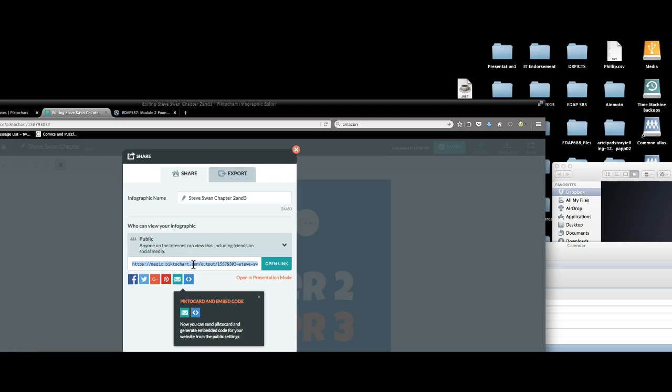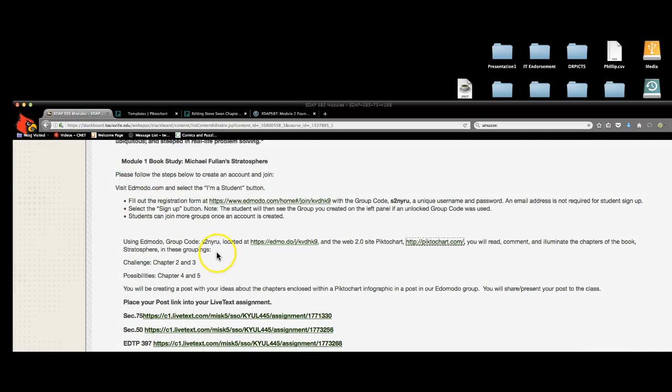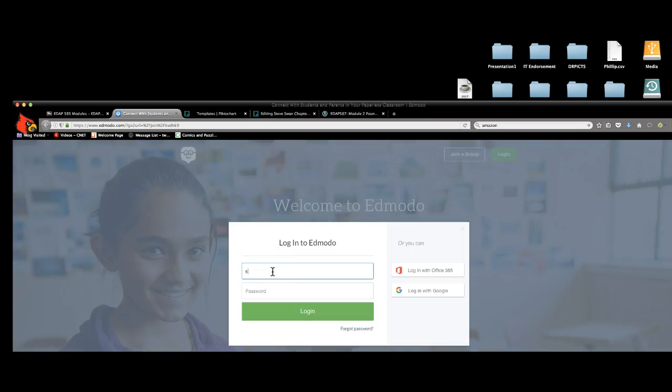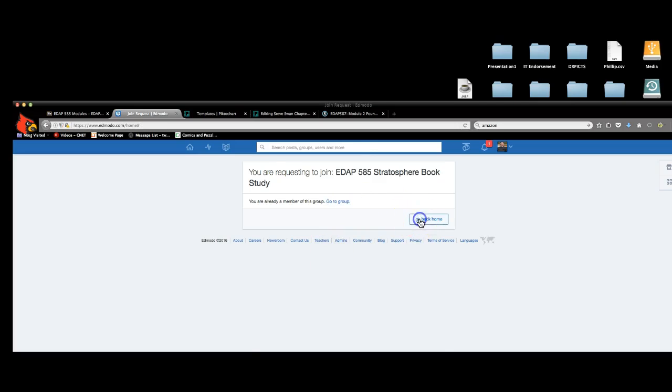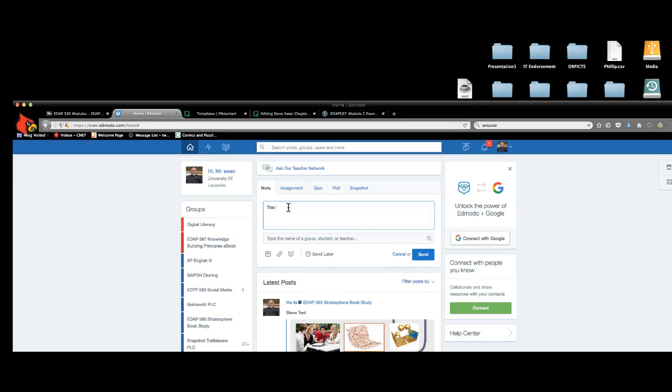And all I'm going to do is click on that code to highlight it. And then I'm going to copy it. And then over in my Edmodo space, I'm going to have my post waiting for me. So I'm going to have to log into this as well. This is where my post is going to go. So I'm going to say this is my